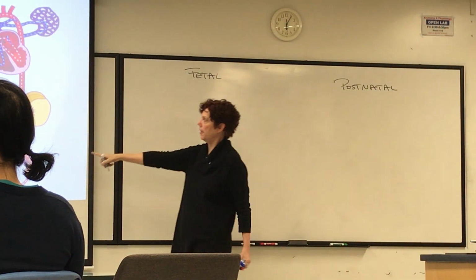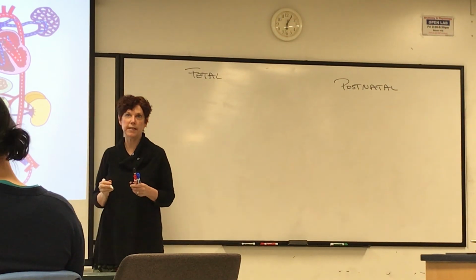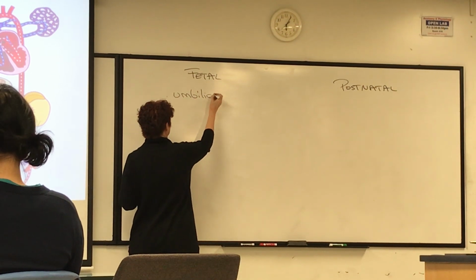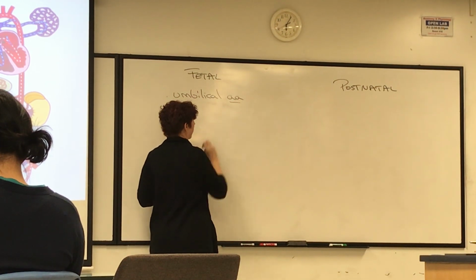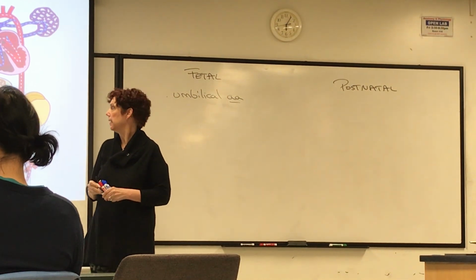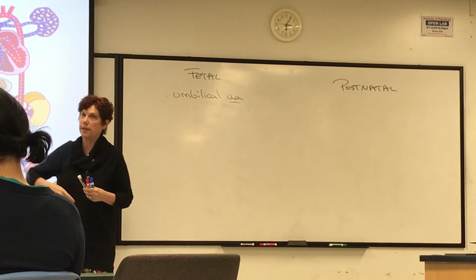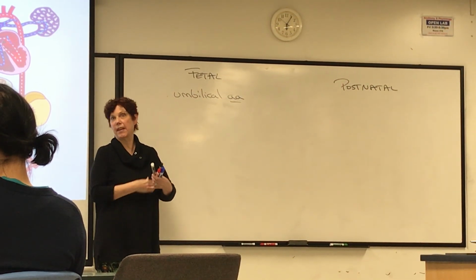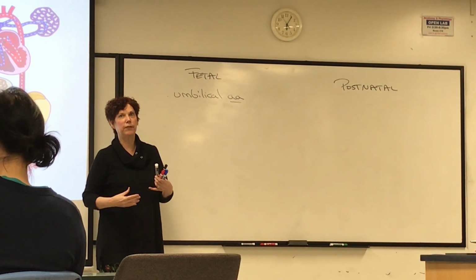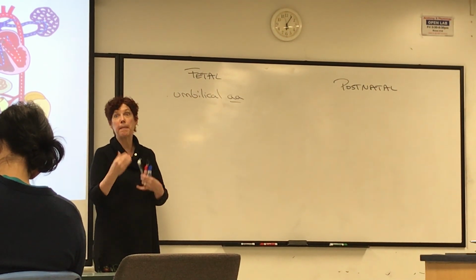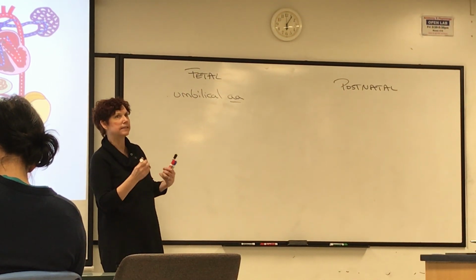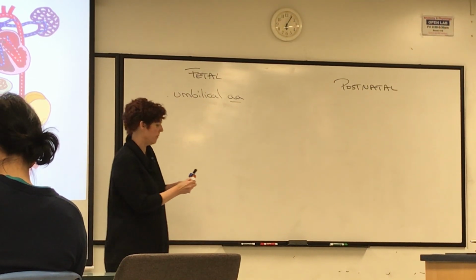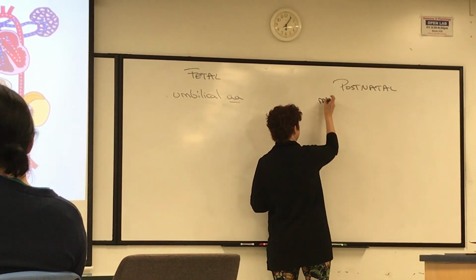All right, so the first one we're going to put up for the fetus are the 2 umbilical arteries. They are leaving the pelvis and coming up to the belly button, the umbilicus, where the umbilical cord starts. And when the umbilical cord is cut, they're cut as well, okay? And without blood flowing through them, they collapse, but they remain structures associated with the peritoneum. And they are identified as the medial